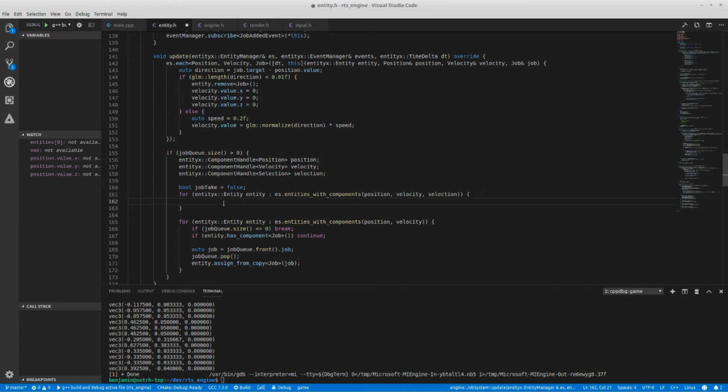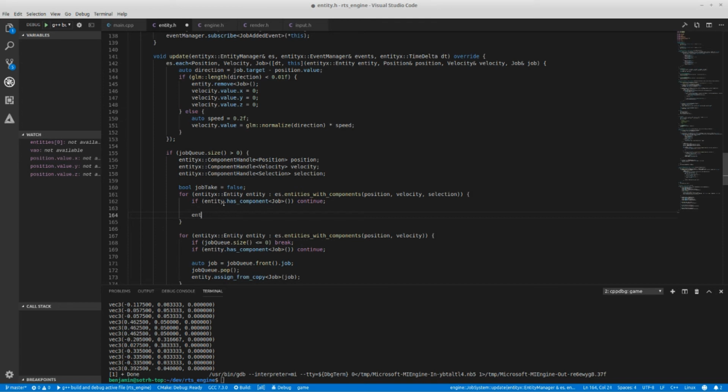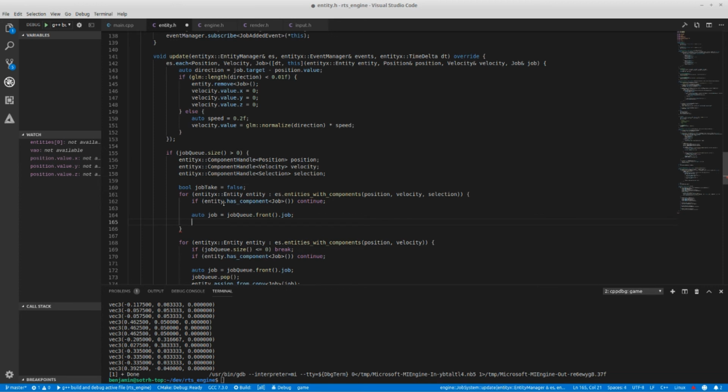So essentially, all I need to do is just entity dot, well, I also need to do if entity dot has component job, then I need to continue. And then if not, entity dot auto job equals job queue dot front job, and then I don't pop it,